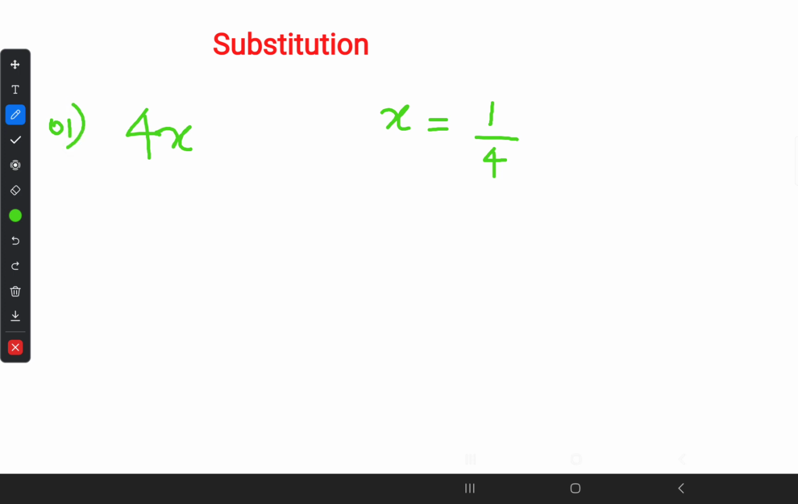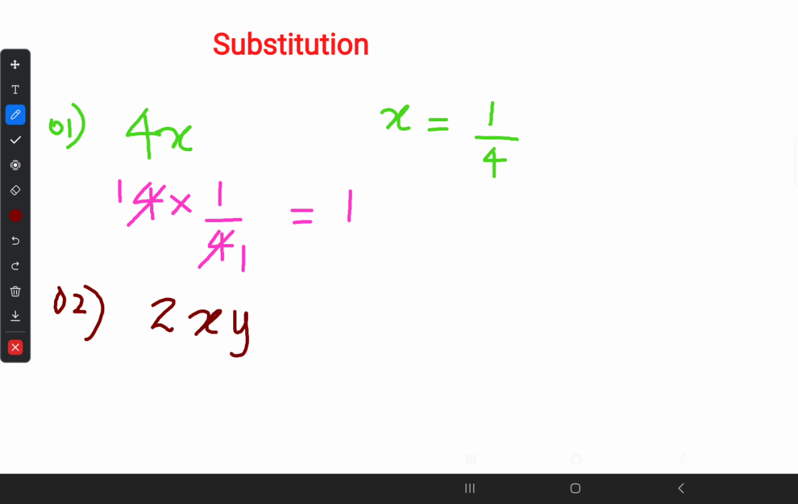So for that, what to do? 4 times x. For an assigned multiplication relationship, x would be 1 upon 4. Then simplify. 4 and 4 can be simplified, 1 time, 1 time. So the final answer would be 1. For the next example, let's take